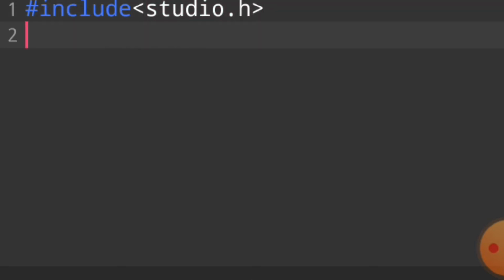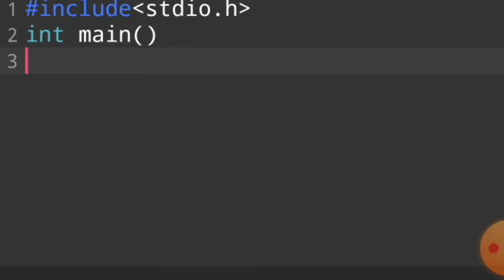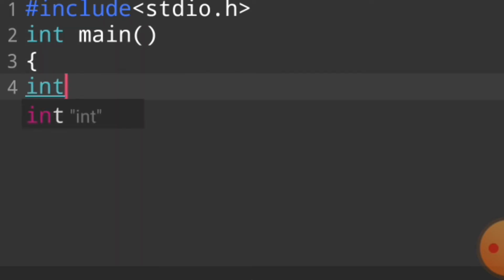First of all, we take input from the user, and according to the user input we say where the data is stored. First of all, we write #include <stdio.h>. This library gives us some functions like printf and scanf, and then we write int main for first execution, and then we say int i.